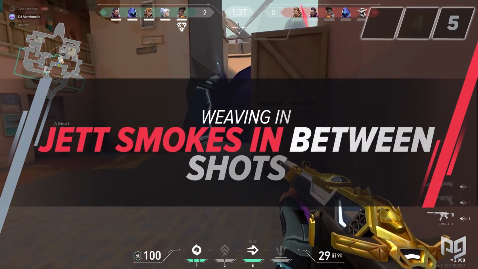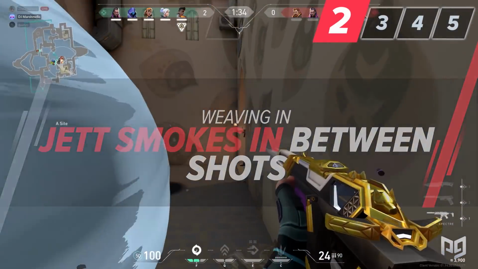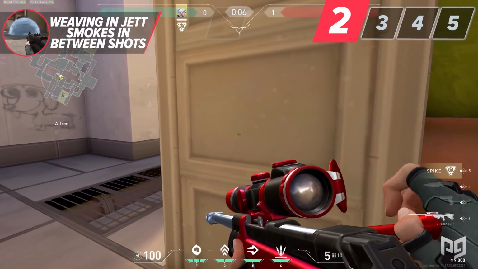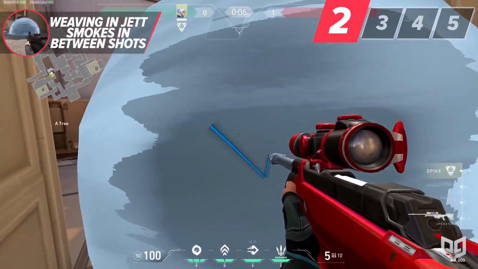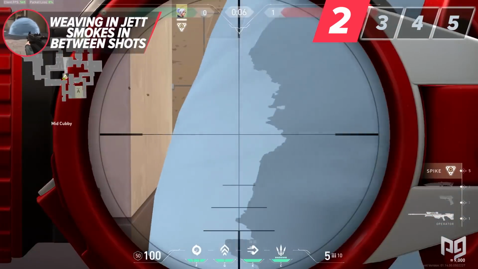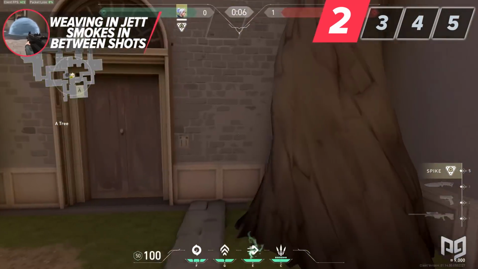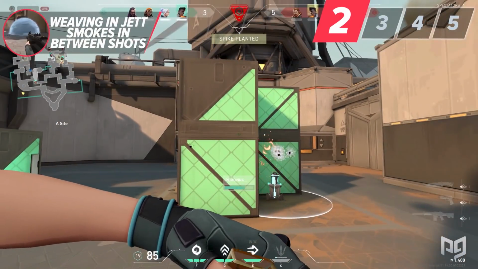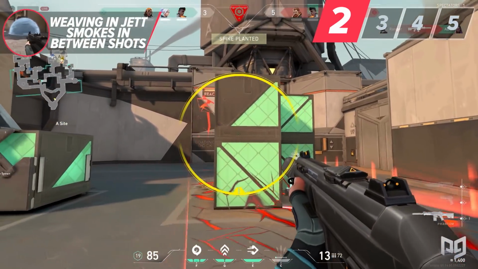Besides using Jett smokes as a way to make fights more favorable for yourself, look to use them in between your shots. This can be after an operator shot, a kill, or even a missed kill. The key is to not get greedy. If you've already secured a kill or you've been in a prolonged fight, don't get tunnel vision on only shooting your weapon. Your smokes are a great tool that can be weaved in between those moments due to its fast